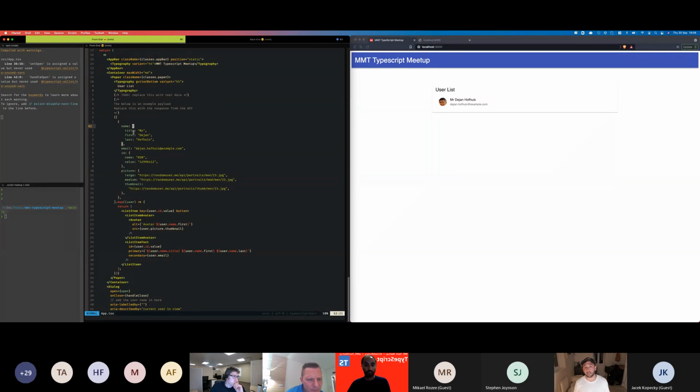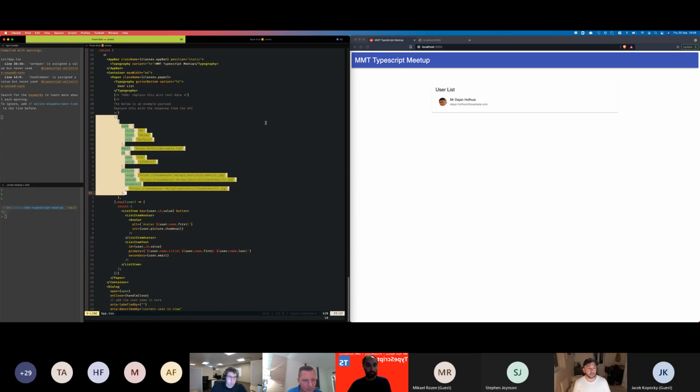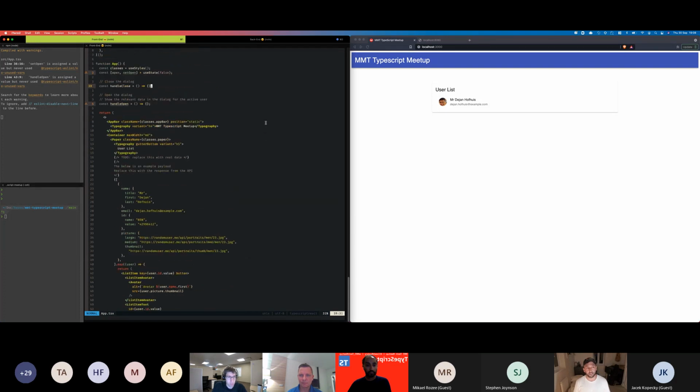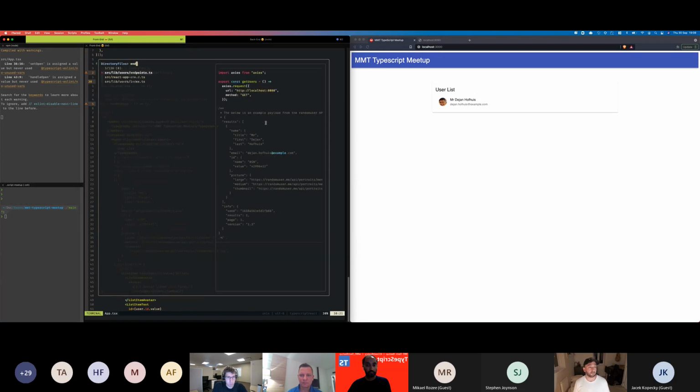So very quickly, let's say we have this app. And as an example, we want to render a list of users and then click on it and have a modal pop up with the user details. Okay, fairly trivial, not much interaction. And our illustrious lead developer has given us some helpful data here, which is incredibly unhelpful. And so what we want to do from here is probably get some data from an endpoint.